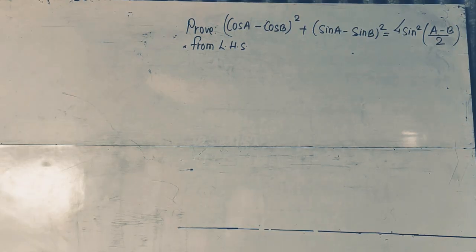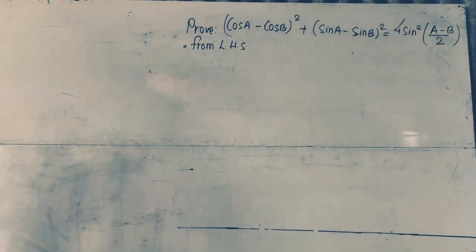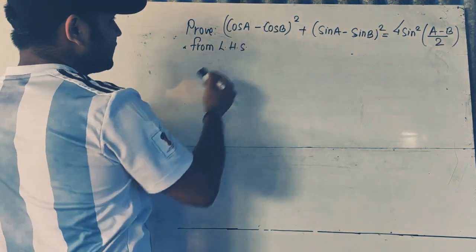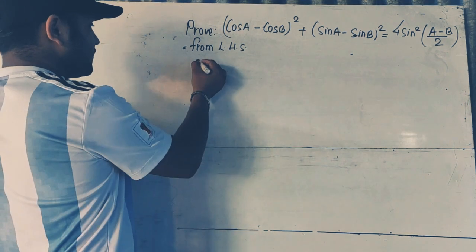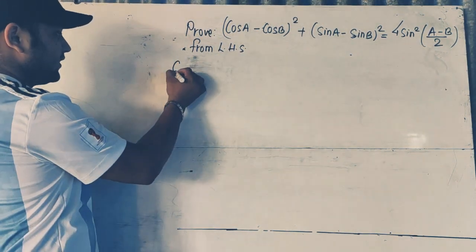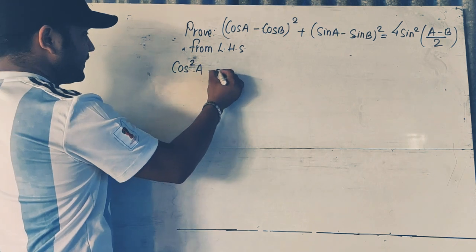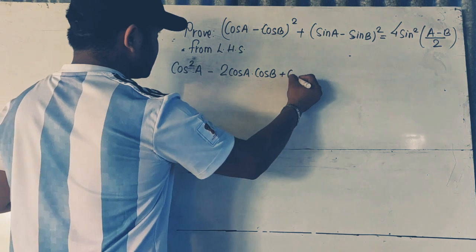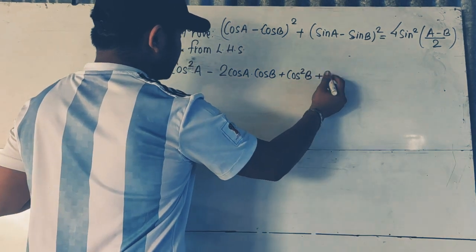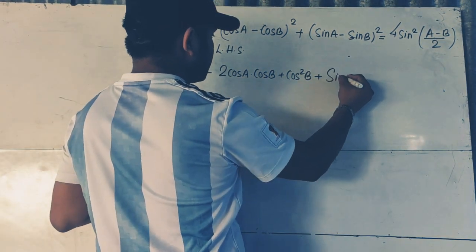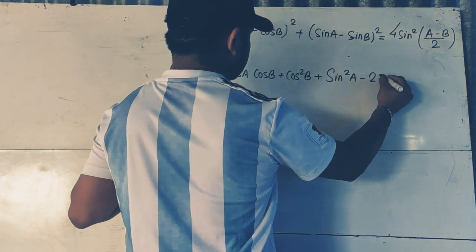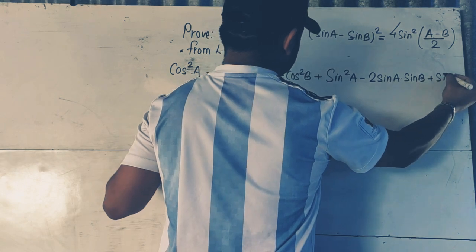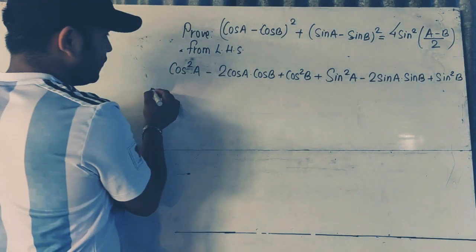Good. So now we will talk about this question here. In the LHS we are going to use the formula of a minus b whole square. So using the formula of a minus b whole square, let's see what we get here. A square minus 2ab plus b square. Now here also you can use the formula of a minus b whole square, a square minus 2ab plus b square. Now we can arrange the terms.